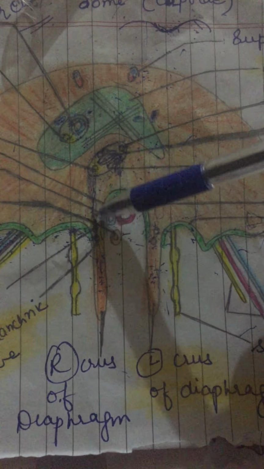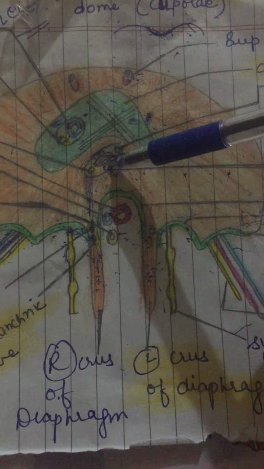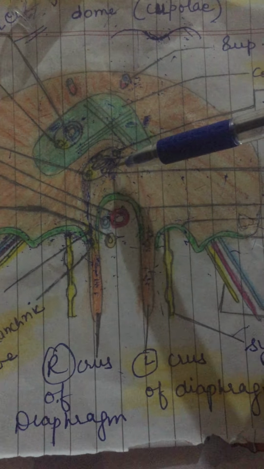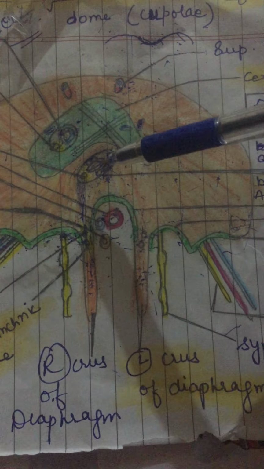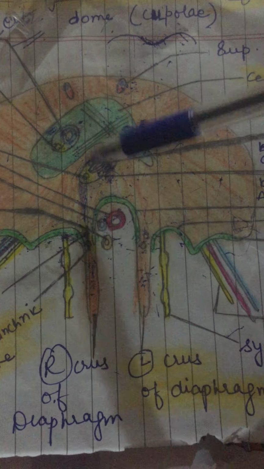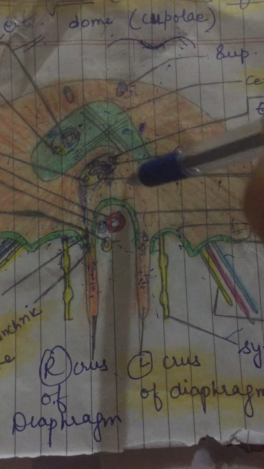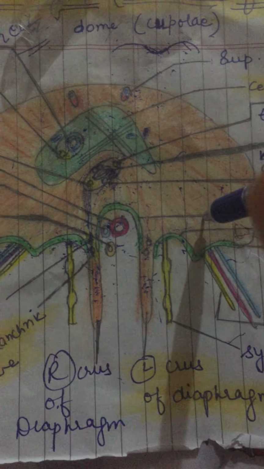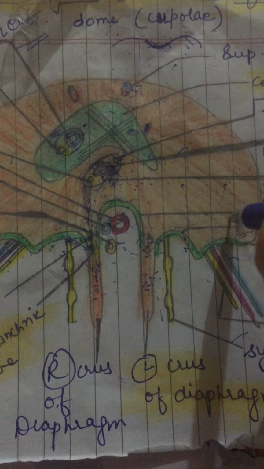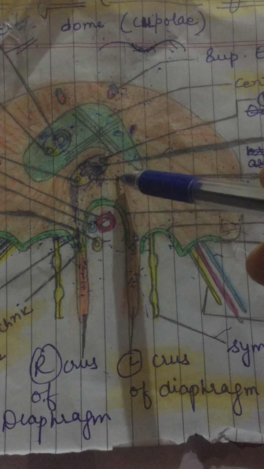When it contracts, here there is a ligament. When the diaphragm contracts, what happens to this opening is it will shrink, or during inspiration the opening will get constricted, right? So hence during inspiration and deglutition cannot take place simultaneously. This is the purpose for the constriction during contraction of the diaphragm, so that inspiration and deglutition cannot take place simultaneously, right?